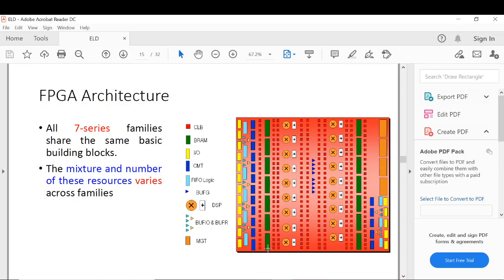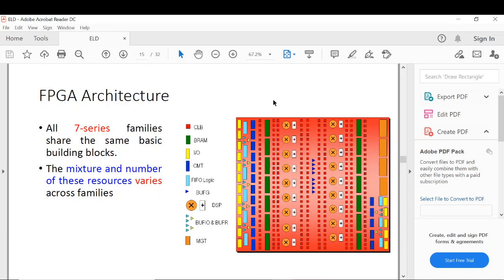We have distributed memory in the form of BRAM, and this memory can be used for multiple purposes. Using this BRAM, we can implement different types of memory, different kinds of RAM, for example single port RAM and double port RAM. We can implement ROM as well. We will look into it once we move into the implementation part.